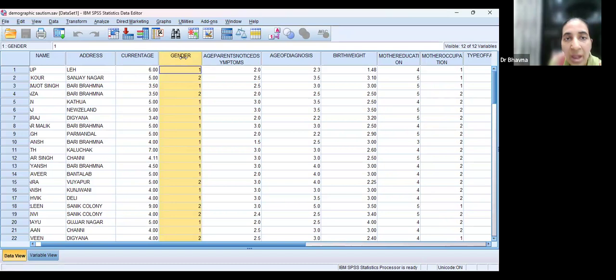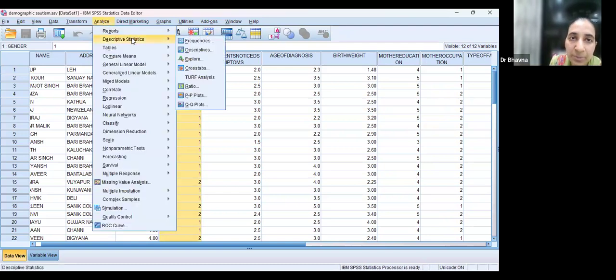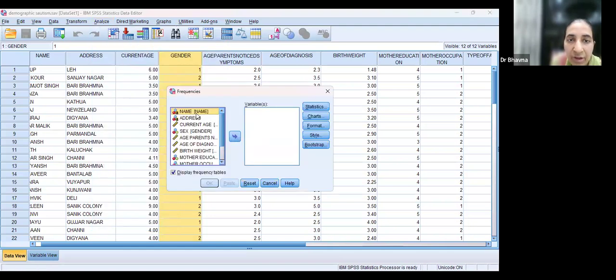This is gender. All of you will agree with me, this is a categorical variable with 2 categories. Okay, so it is a qualitative variable. We go to analyze, go to descriptive statistics. You know frequencies, how many males and how many females in this data set. So go to frequencies. This is the reason in the last class we talked about what is a frequency, what is a variable. We click on frequencies. We select gender, and we push this in the variable column.